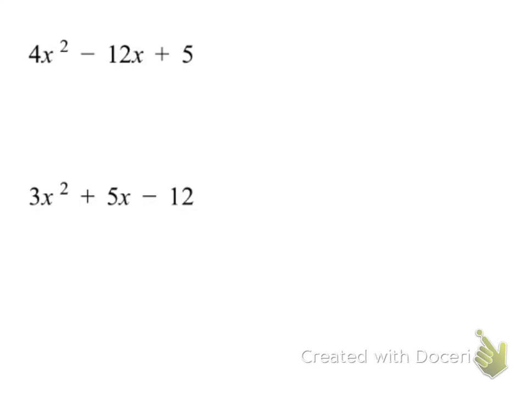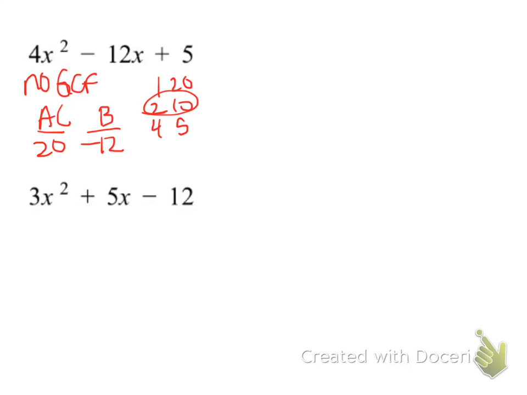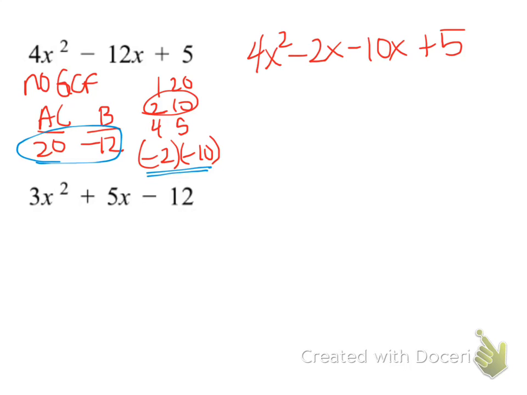And then the last two. There's no GCF. My a times c is 20, my b is negative 12. I'm going to have to use negative 2 and negative 10. And if you're still not understanding how to come up with these two numbers to get what multiplies together to give your a times c and your b, please make sure you come to class and ask that. So then as we write these out,